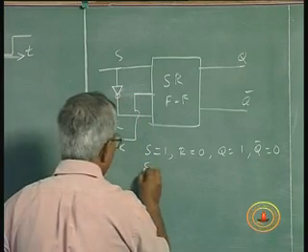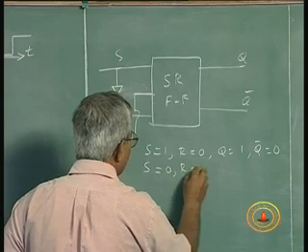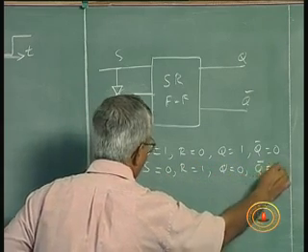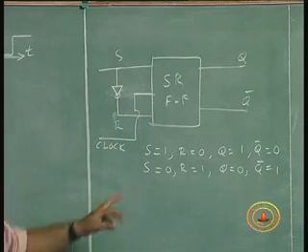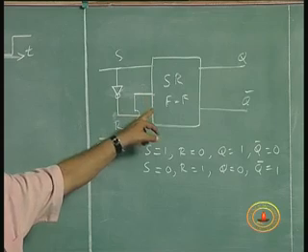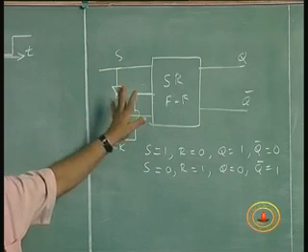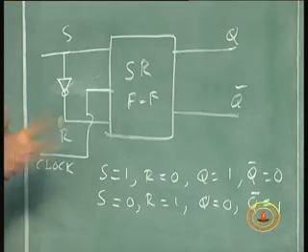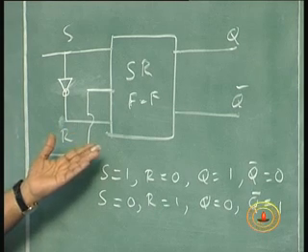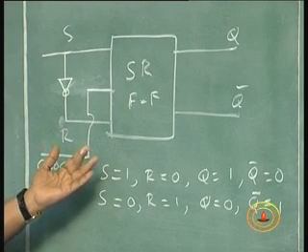S is equal to 0, R is equal to 1, will make Q equal to 0, Q bar equal to 1. So, if I want to set the flip flop, I put 1 here, which sets the flip flop, and 0 here resets the flip flop. Earlier I could not have done it without the clock, because the clock is now required. Now I can use the clock for memory